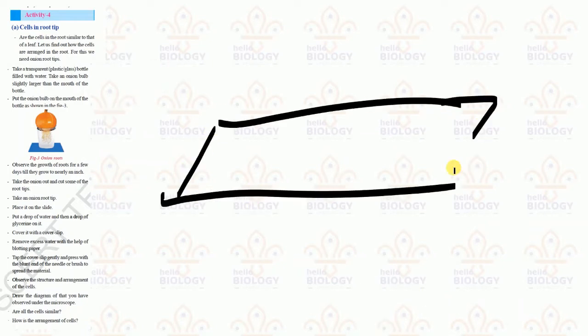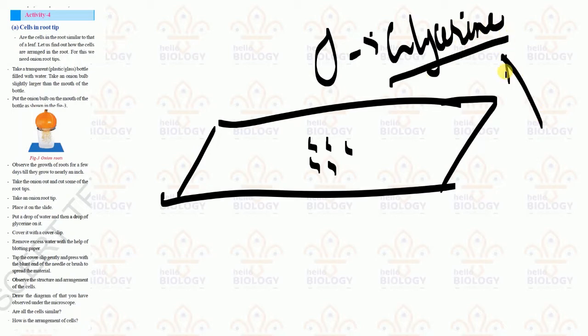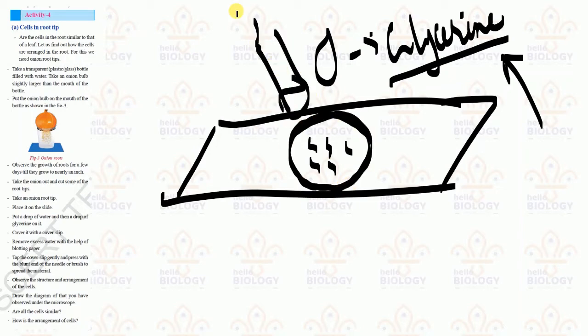In a bookstore you can find a glass slide. We just put that tip of the onion roots on it, and after that we add one drop of glycerin. Glycerin is a solution; usually in the movies actors cry by using this solution, but we won't use it for crying here. It is used for moisture content, to keep it watery so that these membranes cannot dry up. After that we need to place a cover slip.